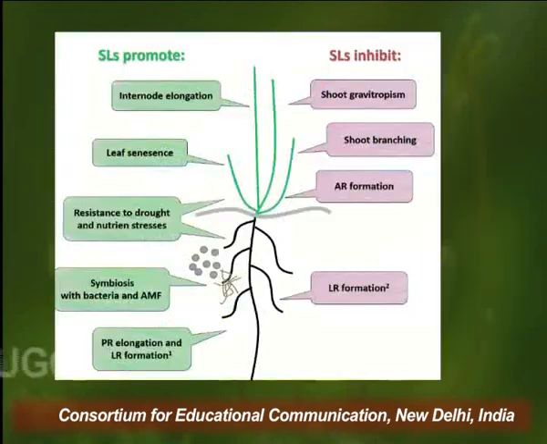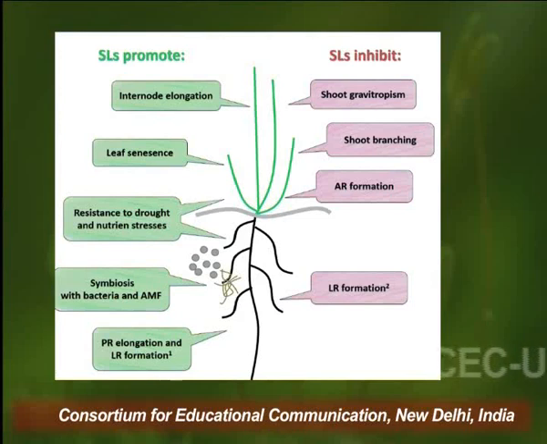Now we will discuss what are the various effects that are produced by the strigolactones. So you can see on the right side, strigolactones inhibit the gravitropism of the shoots. So it does not allow the shoots to move towards the soil. So shoots are moving towards the upside only. Then it also inhibits the branching of the shoots. It also inhibits the formation of adventitious roots in the plants, and sometimes it also prevents the lateral root formation